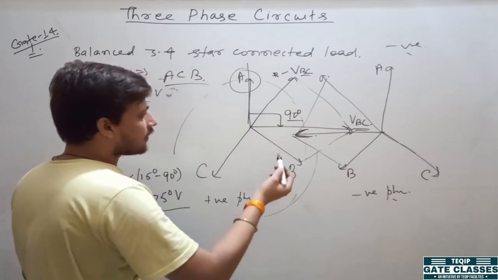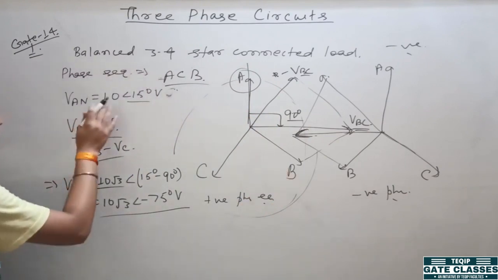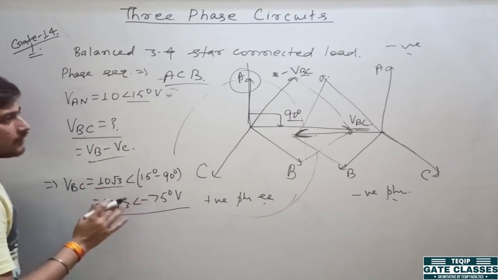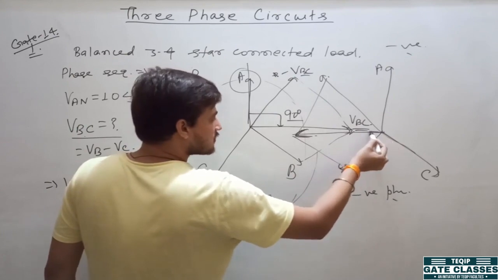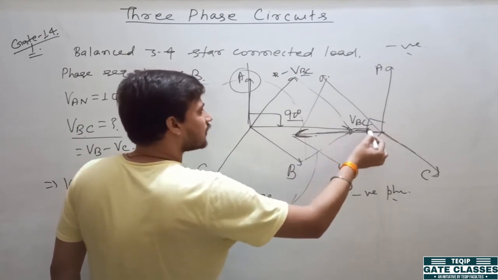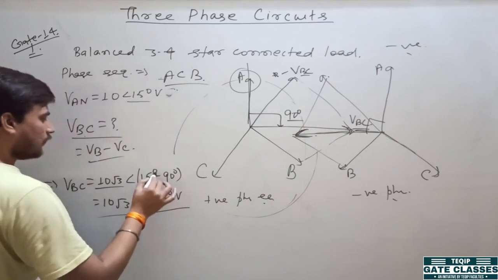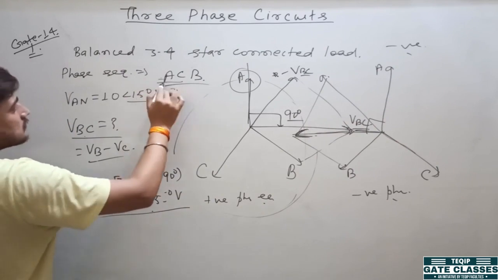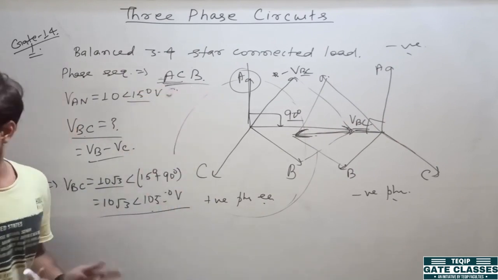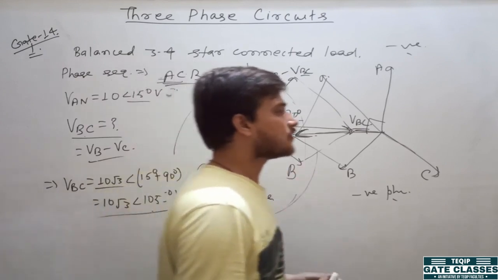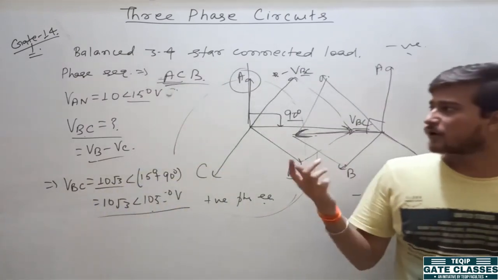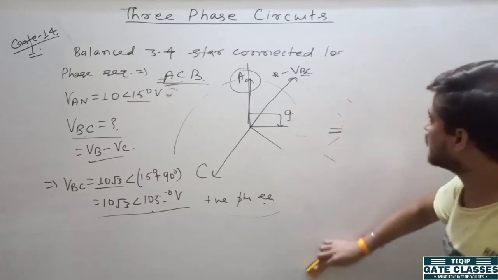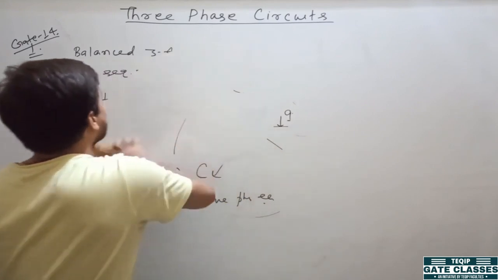So what will you write for negative sequence? For negative sequence, you will have to write here. It will be 10 root 3 at the angle 15 degree, and now what do you see? It has been shifted to this position, that means plus 90 degree. That means VA plus 90, 15 plus 90. So here your answer will be 105 degree if phase sequence is ACB. Clear? So once they have asked for phase sequence ABC, they can ask you for negative phase sequence, you will have to write the value of voltage. Clear? So I think phase sequence is now clear to you.